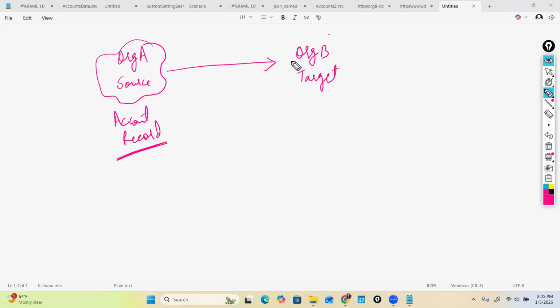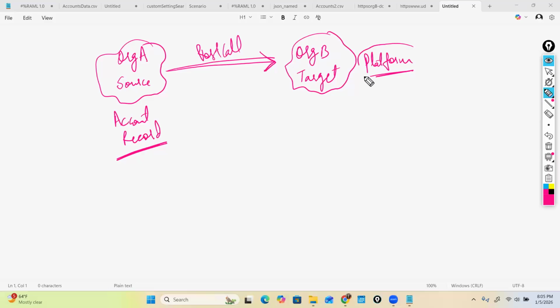On the org B side, I will create a platform event, and we will publish to this platform event via a REST call. So we will make a new record for this platform event on the org B side. Whenever this event happens in the target org, we will read the event, and based on that, we will create the